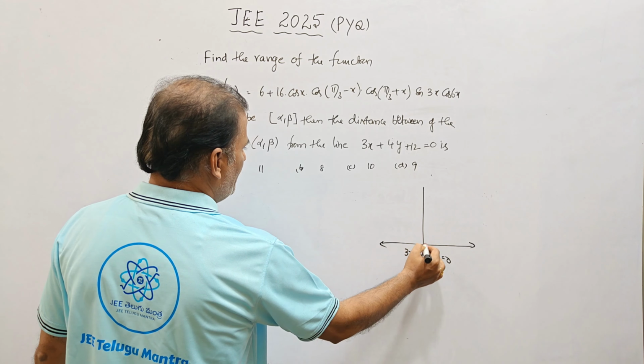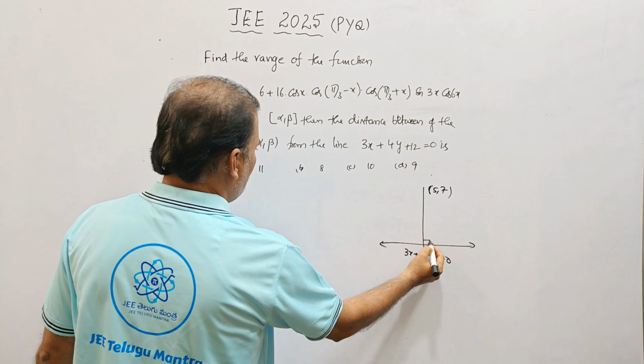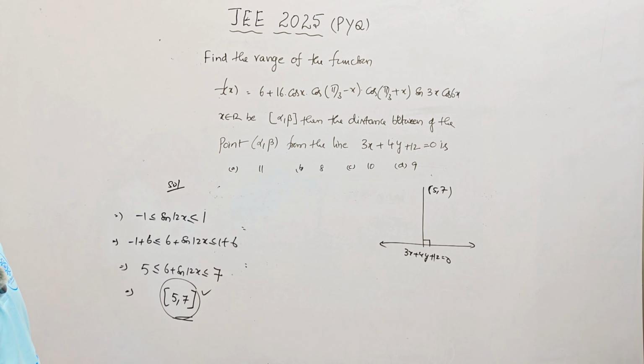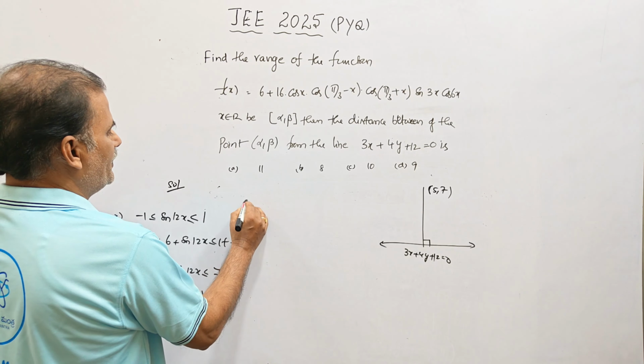That means you draw a perpendicular here. This is 5 comma 7. I want the perpendicular distance from the point to the line. This is also one of the formulas. This is the fourth concept, fourth formula. Therefore distance